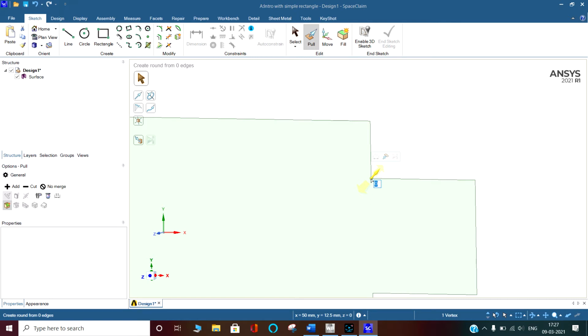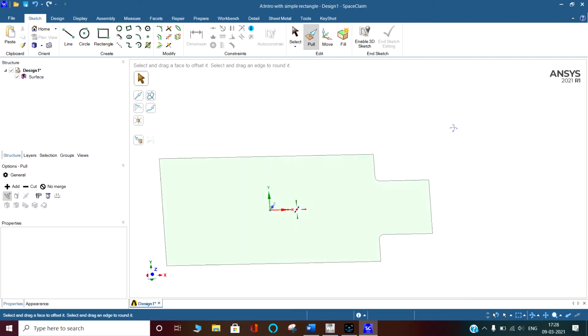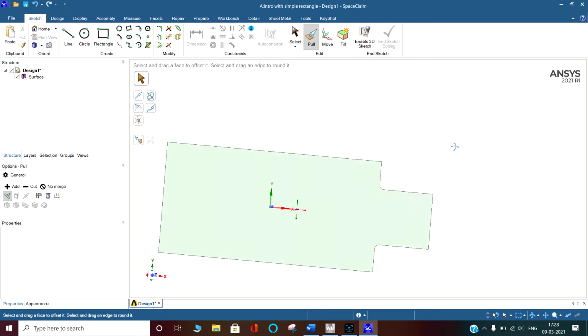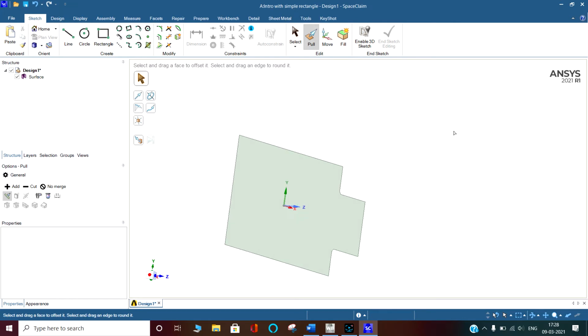I am providing a radius of 2 mm. Similarly, I can click here, press enter, 2 mm. It has changed the fillet radius here.